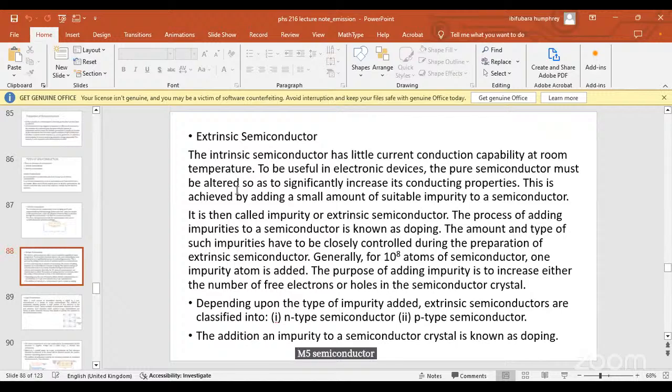When a group 5 impurity is used as a dopant for a semiconductor material, the material formed is referred to as N-type, because there is 1 extra electron that goes into conduction. So N-type is formed. Now, when we dope a semiconductor with a group 3 impurity,